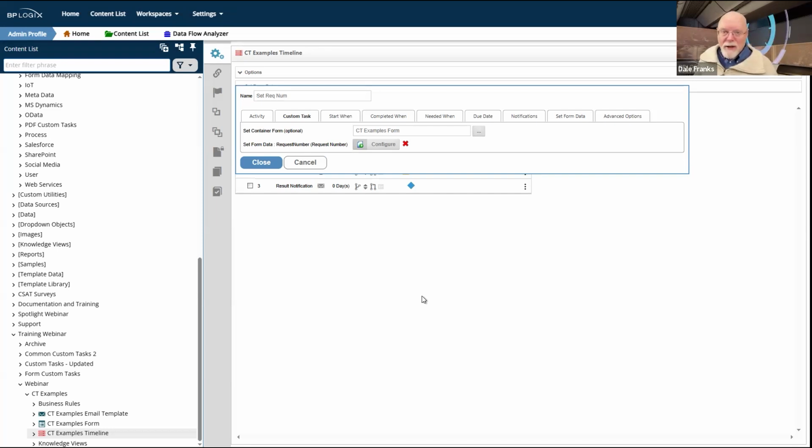What's going to happen is the user is going to click the submit button on the form. It's going to kick off this timeline, and it's going to say, oh, the first thing I have to do is convert this PDF. I don't know what happens after the PDF conversion, but that's okay. I don't have to. We're going to do the PDF conversion now. And then whatever's supposed to happen after the PDF conversion, we'll get to that when the conversion is done.